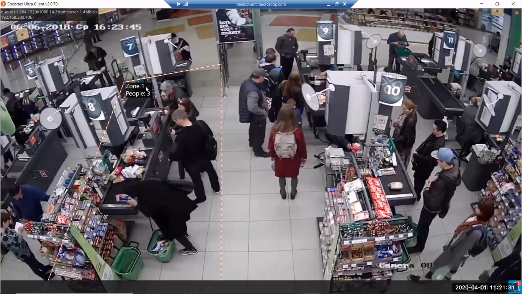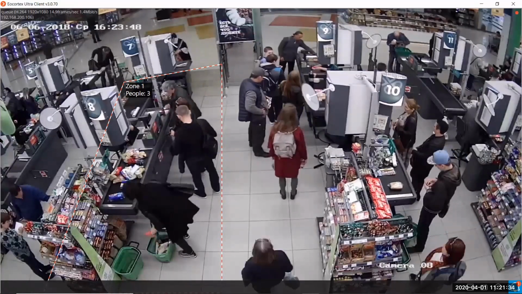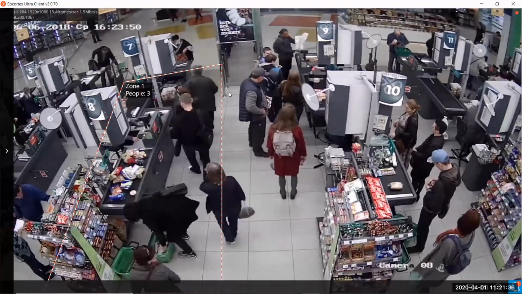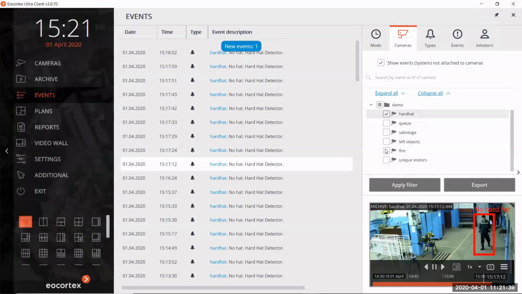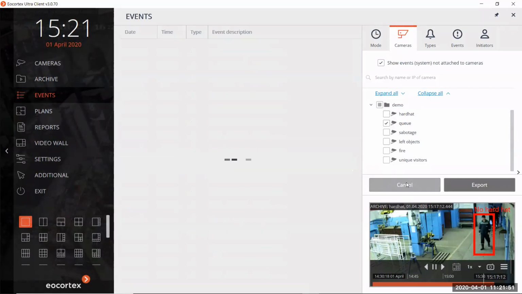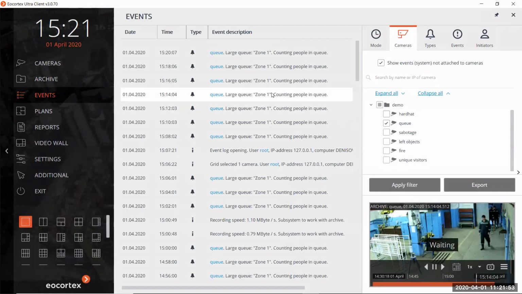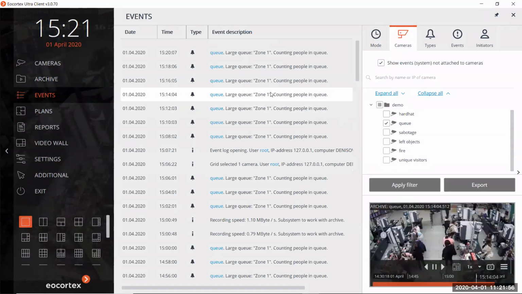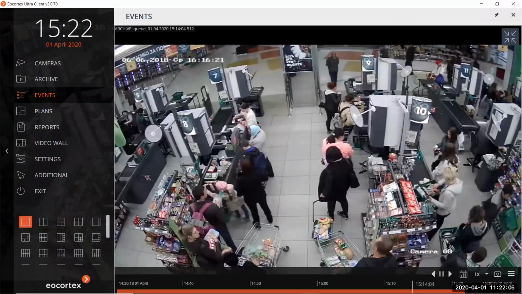Right now we can see the number of people here and the name of this zone, and we can also see the events afterwards. Let's select the queue module. Here we can see that if the number of people inside this zone is too big, we receive a notification. We can go to the archive and see that moment.